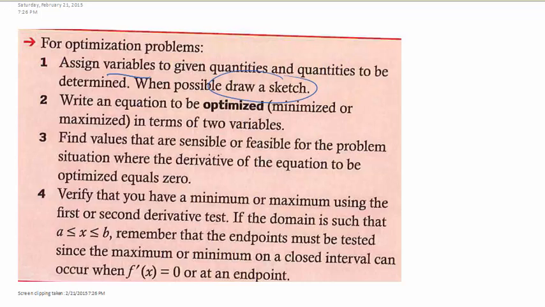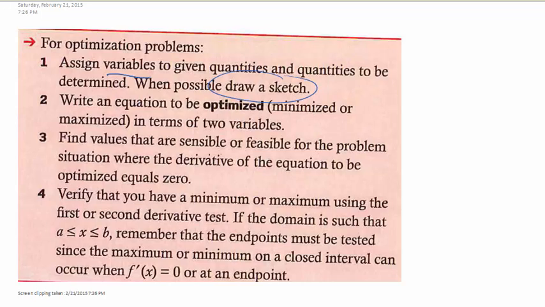We've looked many times throughout this section that maximums and minimums occur when the first derivative is 0, and we're going to verify that we have a maximum or minimum using either the first or second derivative test. And if we have a domain for possible values of x, so x has to be between these numbers, we have to actually test the endpoints to make sure that the maximum or minimum isn't happening at one of those